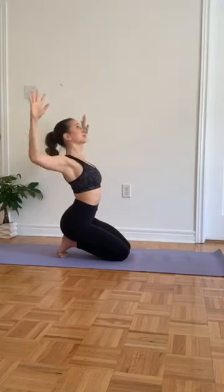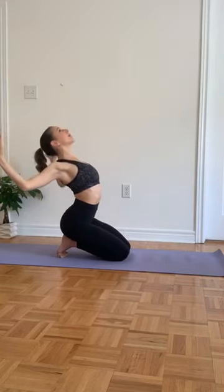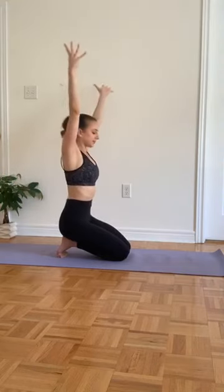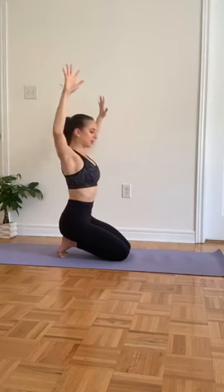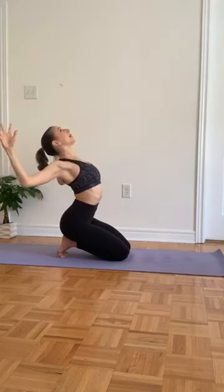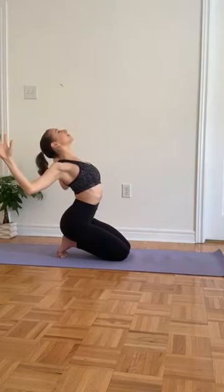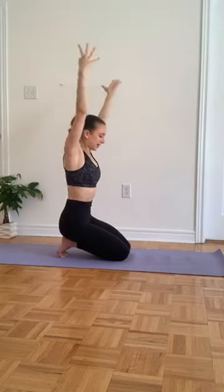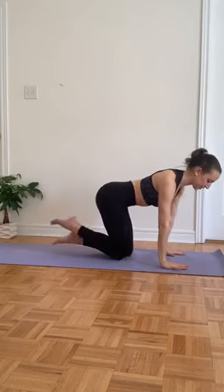Inhale, take those elbows back behind the shoulders, open up through the chest, small back bend. Reach the arms up, inhale. Exhale, bending the elbows. Take them back behind you. Deep breath in. Breath out, come back through center, and as you exhale, palms down, come up into your tabletop